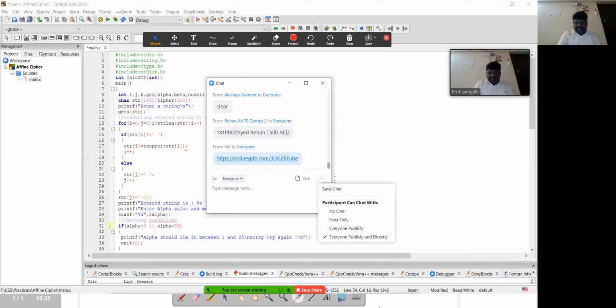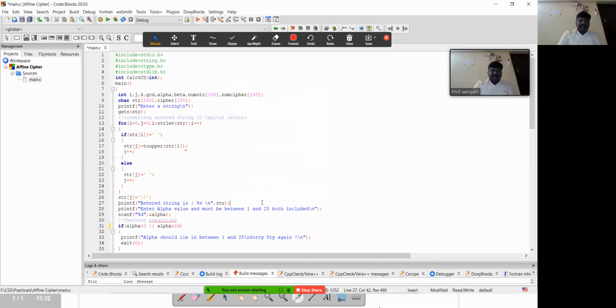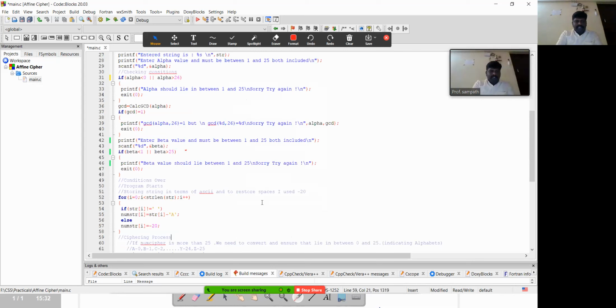You can share the screenshot of whatever you are working on. I'll give you a few minutes. I'll wait. In case you are facing any difficulties, don't send me the same output that I explained and demonstrated. Add the decryption part in your program and then send me the output.